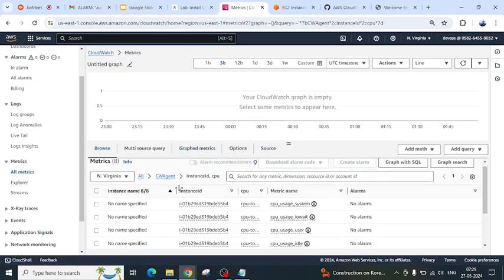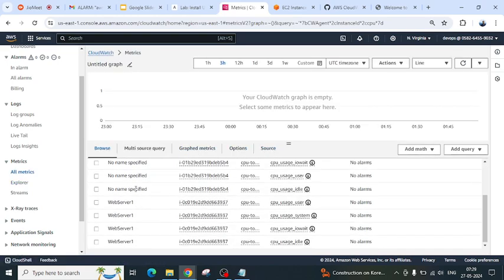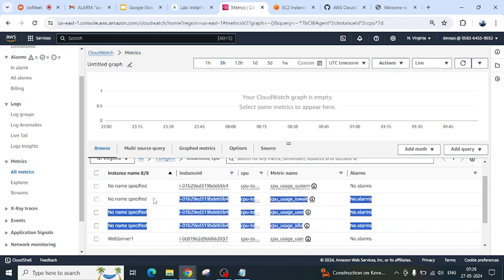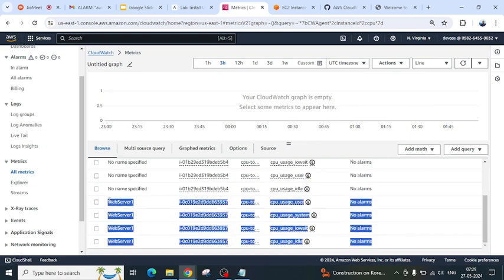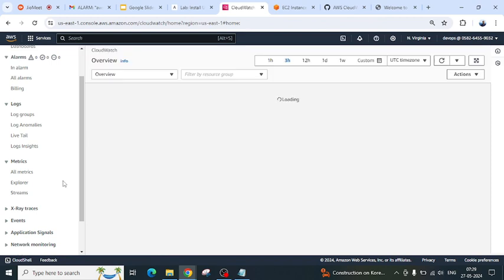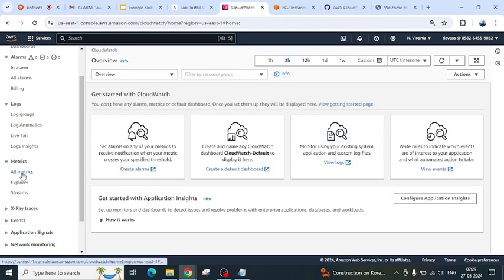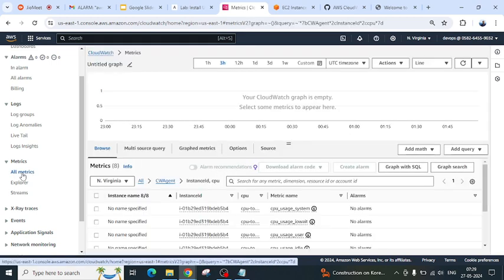It's not showing properly. So if you see, no name specified means it was for the instance which is deleted now. But now we have a web server for this. It is showing this. So when we go to CloudWatch, when we go to all metrics,